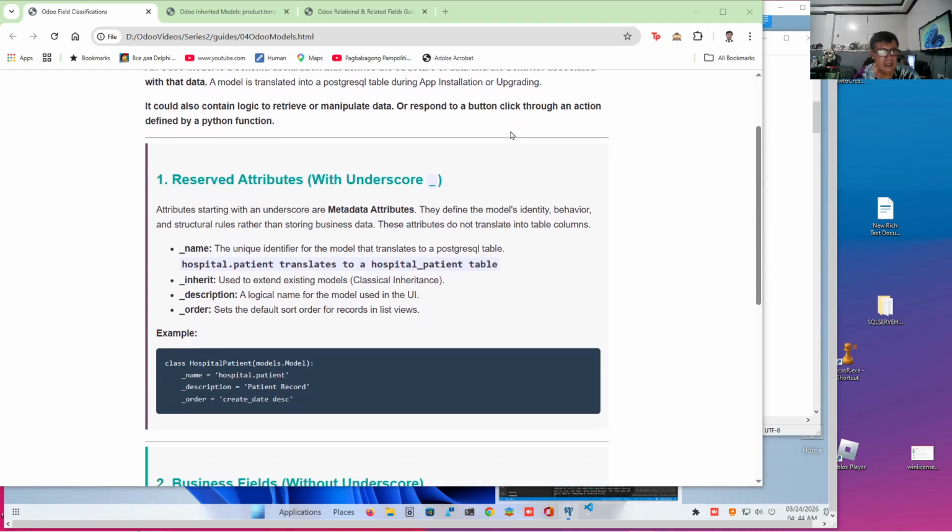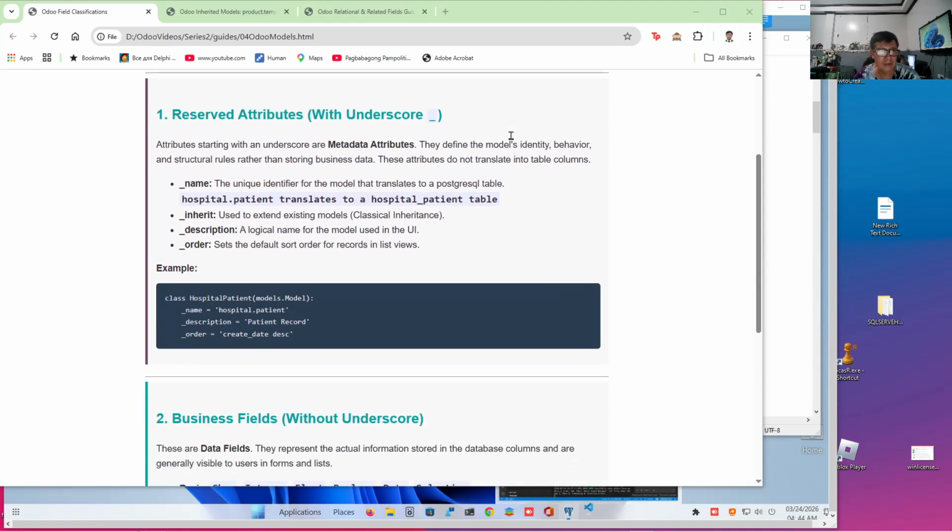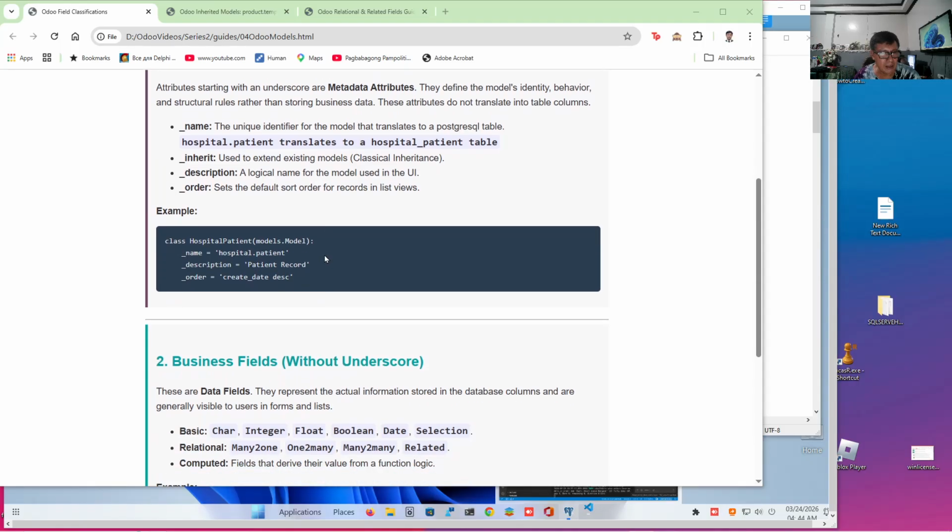Now, there are two types of Odoo model fields. The first type is called reserved attributes or meta attributes. We distinguish them because they are prefixed with an underscore. For example, when we declare a hospital patient model like this, we have the first metadata called name, hospital.patient.